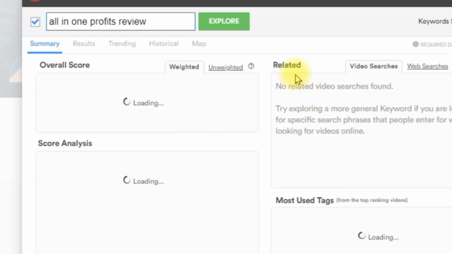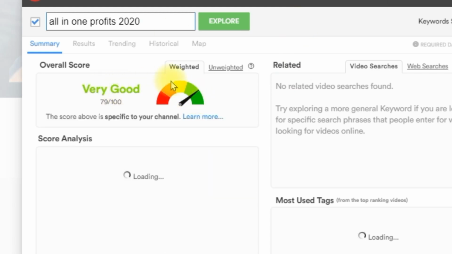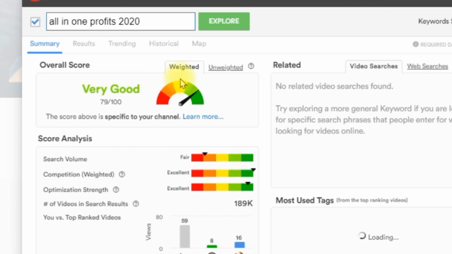All-in-one profits review, I think, is good. And all-in-one profits 2020, on the other hand, is very good. So I'm not going to go through each keyword with you, but what I wanted you to see is to give you an idea of how I play with the keywords, and you do the same thing. Don't spend hours, but one of the advantages, again, is that